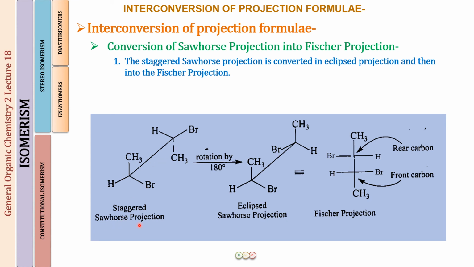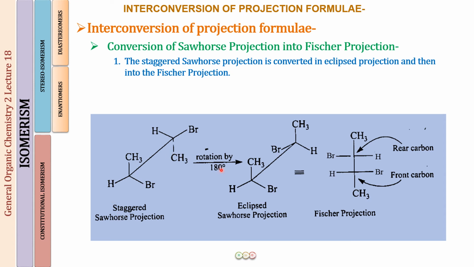So how did I see it? Well, I find that this is my group in the front carbon. So behind this I do not find another group. So these groups are going sideways. So when I look at the front, I will be able to see all three. And if I look below, again, I will be able to see the CH3 group in between the hydrogen and bromine. So all the 6 groups are going to be visible to me. Therefore, this is a staggered projection.